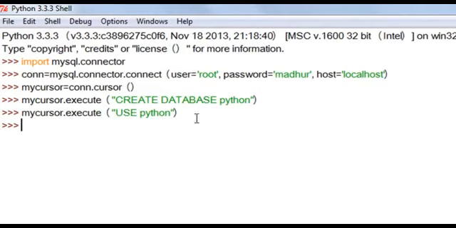And the command to create the table, the SQL statement of course is going to be create table, and obviously since we are going to execute an SQL query, we'll have to use the execute method here, and I'll use triple quotes instead of a single double quotation mark, because I know that my create table statement is going to span over multiple lines. So I'll type in create table,